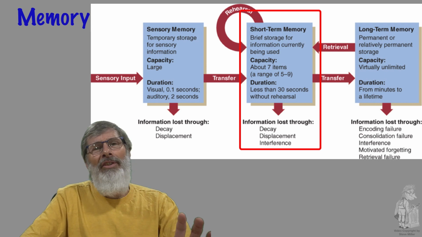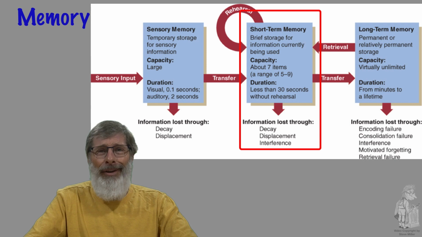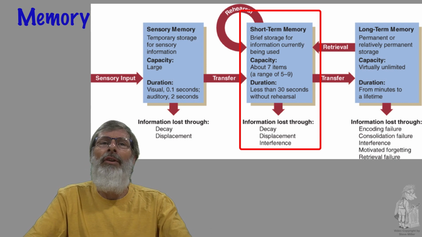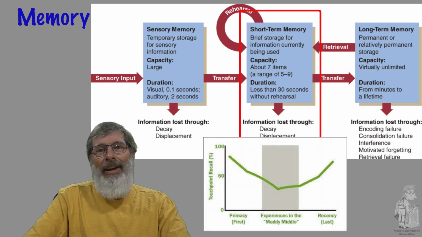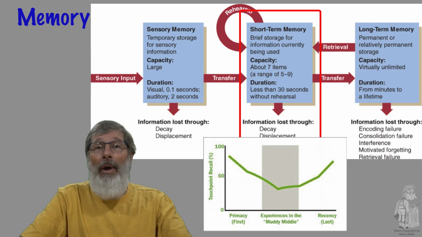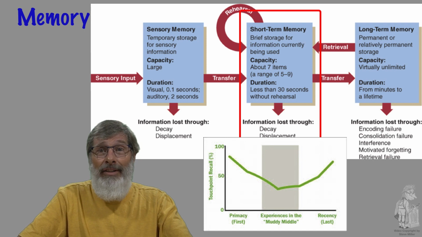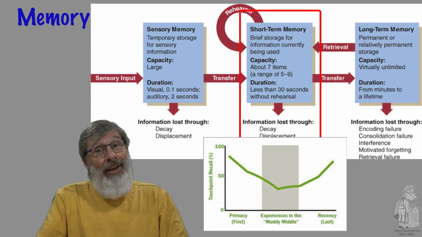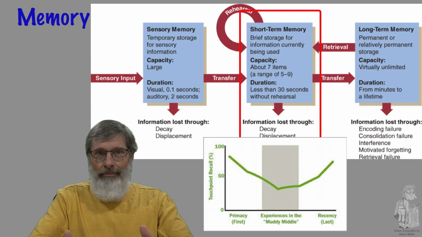Now there's a couple of things to bear in mind, and you've probably had experience. If you have children, you will know this. And if you remember your own childhood, you might remember this as well. It's what's known as the serial position effect. Serial position effect is the tendency that when a person is recalling a list of items to remember, the items at the beginning of the list, that's the primacy effect, and the items at the end, the recency effect, are better remembered than the middle group.